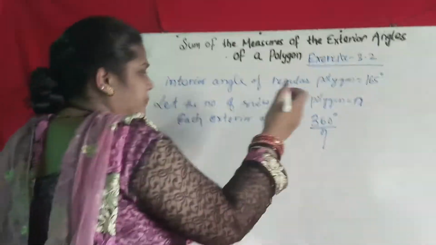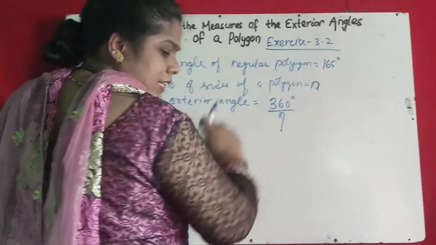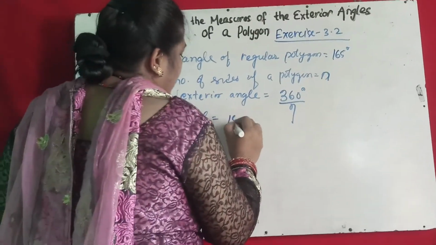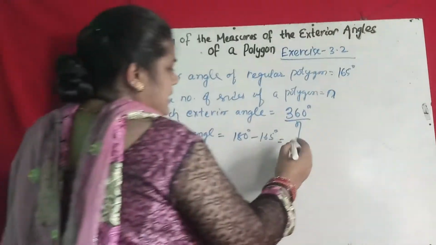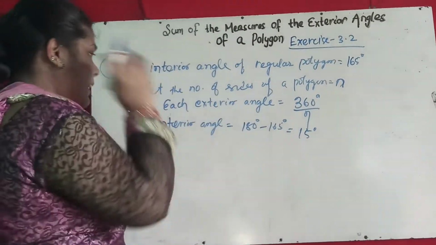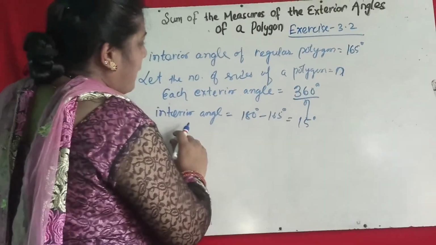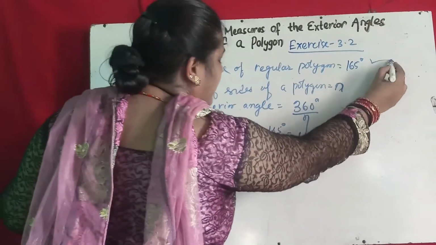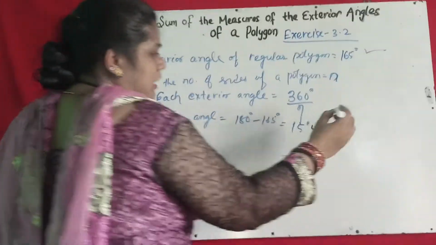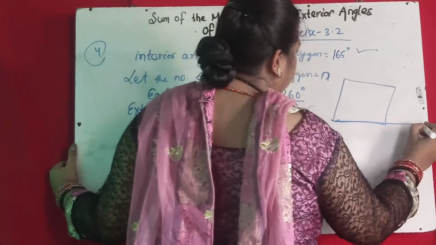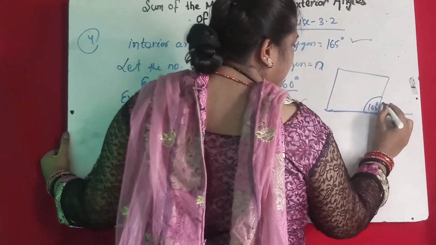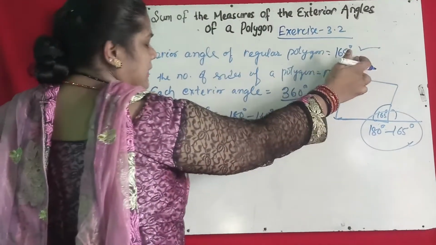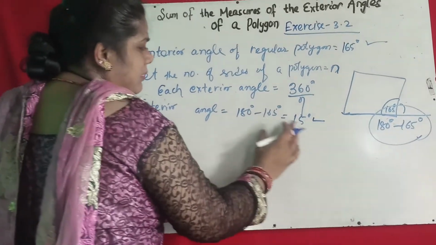Okay. So here, given the interior angle is 165 degrees, the exterior angle is 180 degrees minus 165 degrees, which is 15 degrees. Sorry, it is the exterior angle: the interior angle is 165, and the exterior angle is 15 degrees. When you extend any polygon's side, if the interior angle is 165 degrees, the exterior angle is 180 minus 165. Here we use the same formula: interior angle 165, exterior angle is 180 degrees minus 165 degrees, 15 degrees.